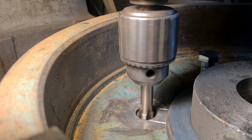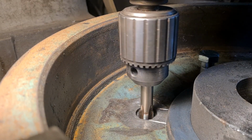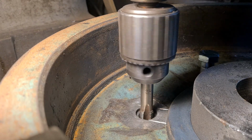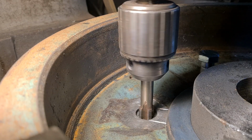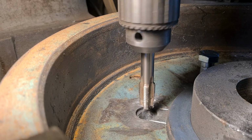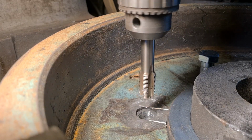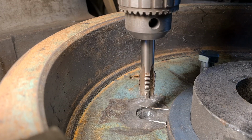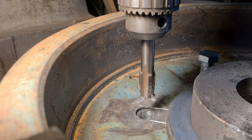There you go. It might be a bit crude for the engineers that are looking, but it works. I'm repairing vintage machinery, and in some respects we're using vintage machines to repair the vintage tractors and so on,